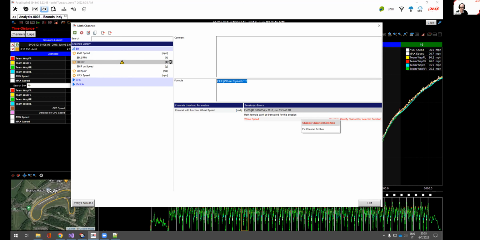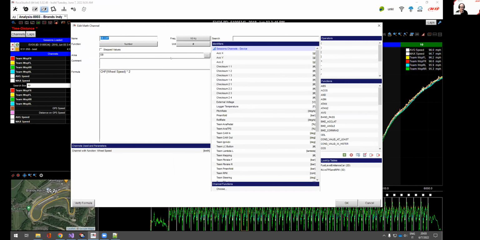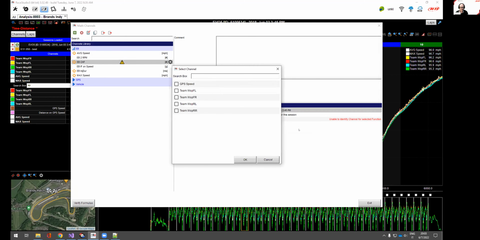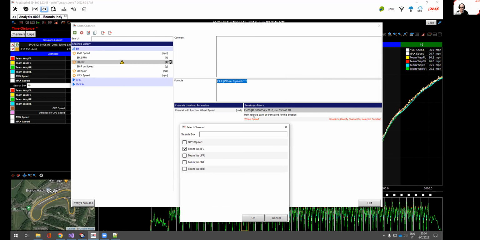Either change the channel definition, so I'm prompted back here and I can modify anything here, or I can fix the channel for the run and say I want to use this one. There are your 5 different speed channels that you have in that data file. You will notice that even if I choose the wheel speed, it's prompting me the GPS speed because